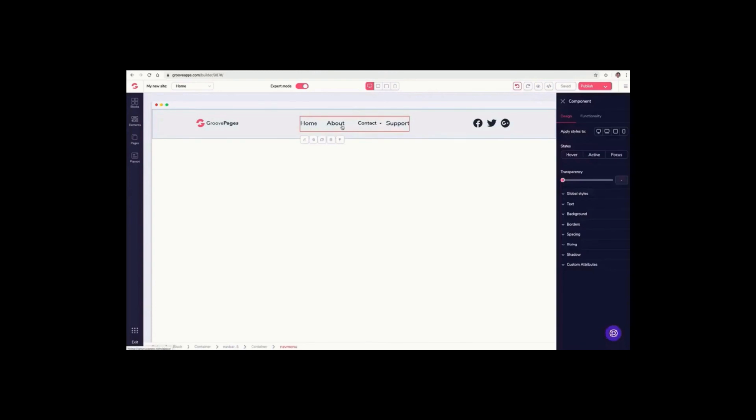Okay, I'm going to open up the style editor and just let you know 2 things that will happen on every style editor. You will see here ways to change the text, the background, the border, spacing, sizing, the shadow, and any custom CSS if you had a super web designer that wanted to do some ninja stuff. And anything that needs functionality, like a pop-up or that menu, or a countdown timer, or a carousel, it will then have a functionality tag. Most things won't. Most things will only be designed. Some things will have functionality if you need to add a link to